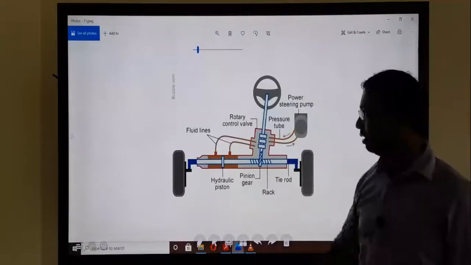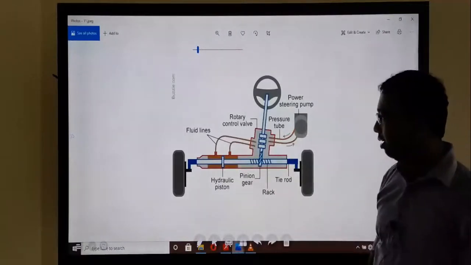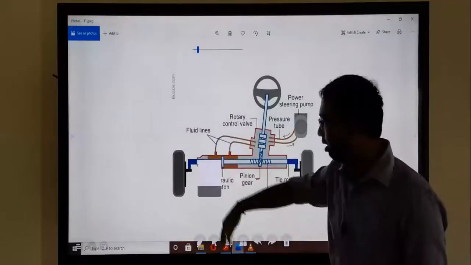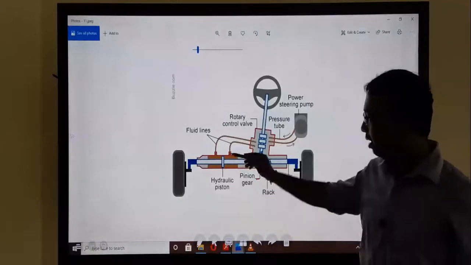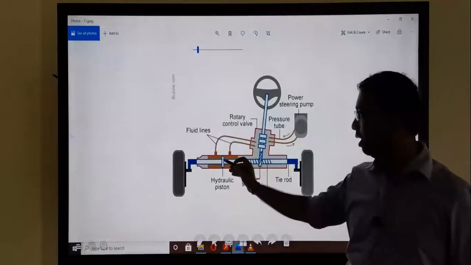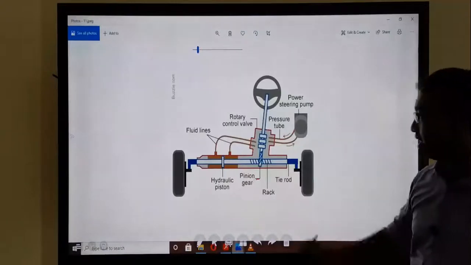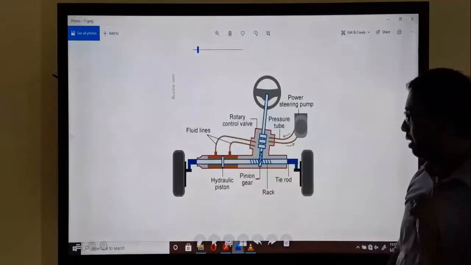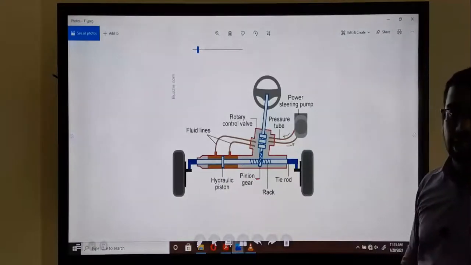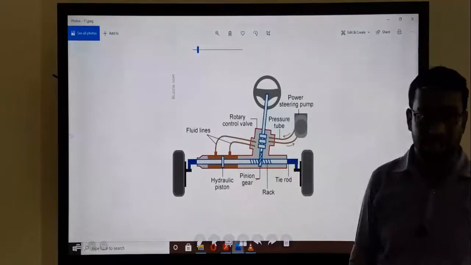Here you can see there are two lines, one in the left corner and the other in the right corner. There are two rooms. In the brown color you can see some space, like a room. Here a piston divides the two areas. When this rack moves, this piston also moves because the piston is fixed on the rack shaft. So this mechanical system is merged with the electronic system.